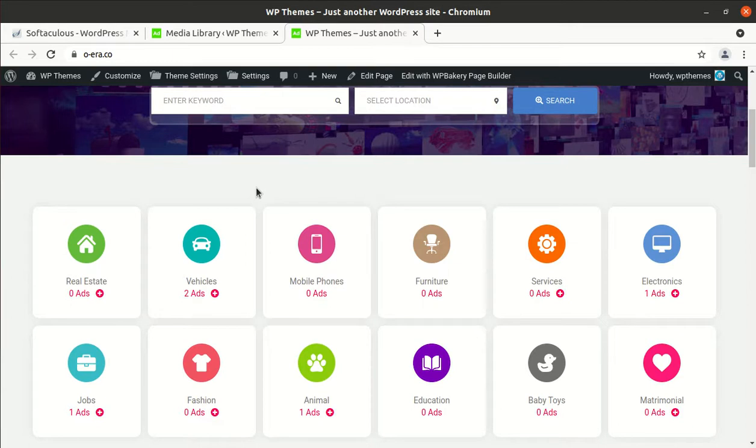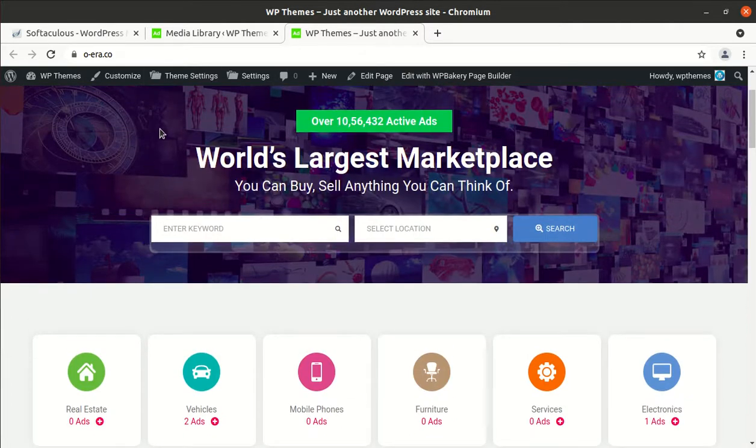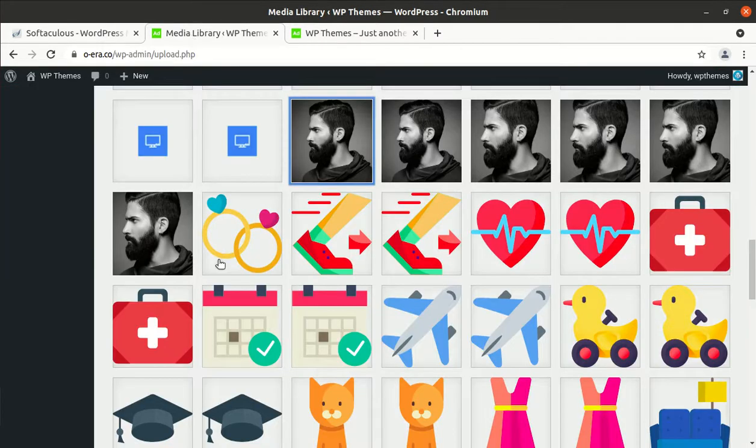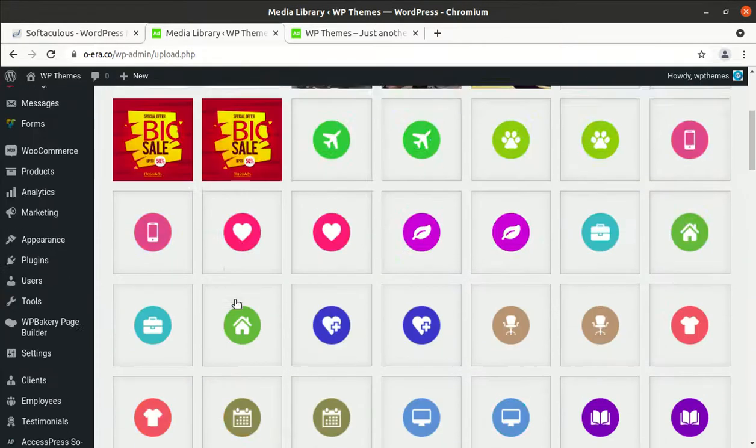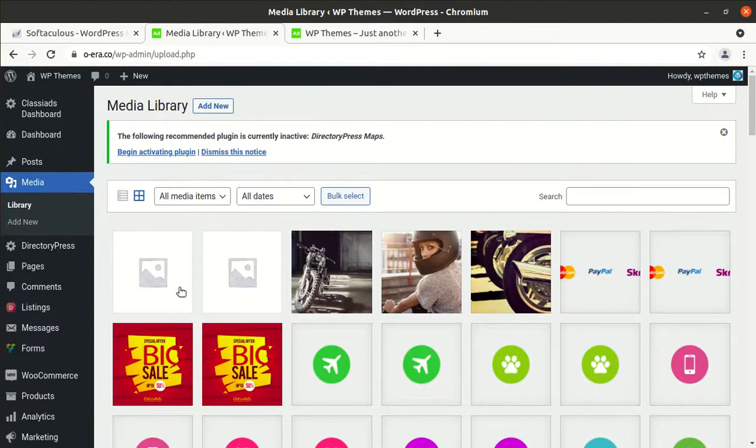Whether this website is using PNG or not needs to be checked. So we can simply check the media library. However, I know that this website is not exactly using any PNG images. This is the admin panel of the website which we are taking as an example, and in the next video I will definitely take other examples as well.